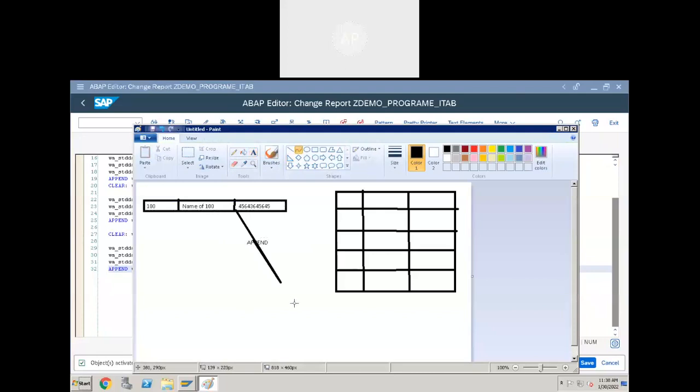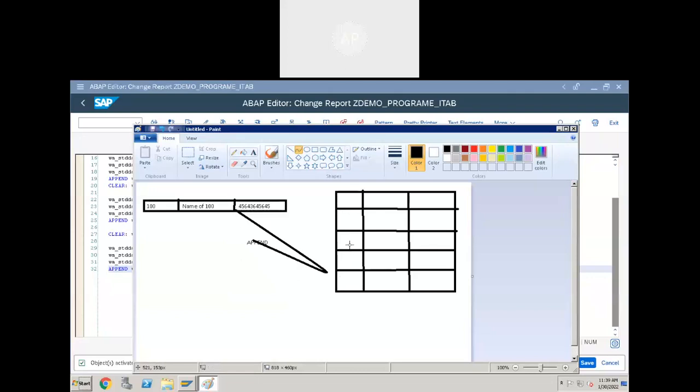What will the append statement do? The append statement adds this work area record to the internal table at the end, at the bottom of the internal table. Now the 100 will be here in this position. When you add 200, 100 will be here and 200 will be at the bottom of the internal table. When you add 300, the 300 record will be at the bottom, here we have 200, and in the first position we have 100.